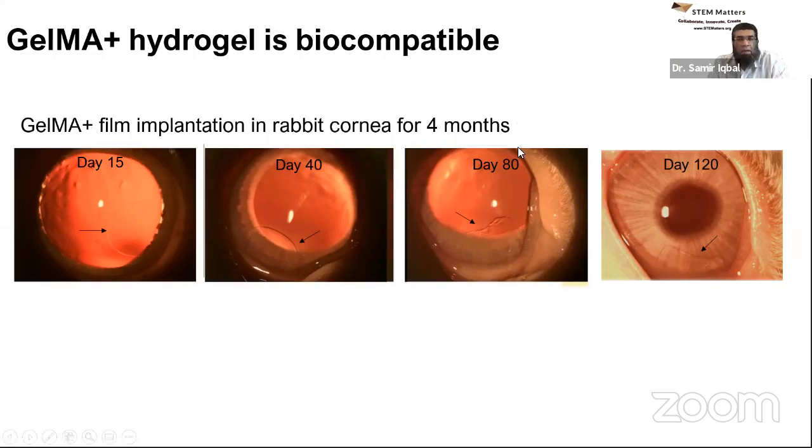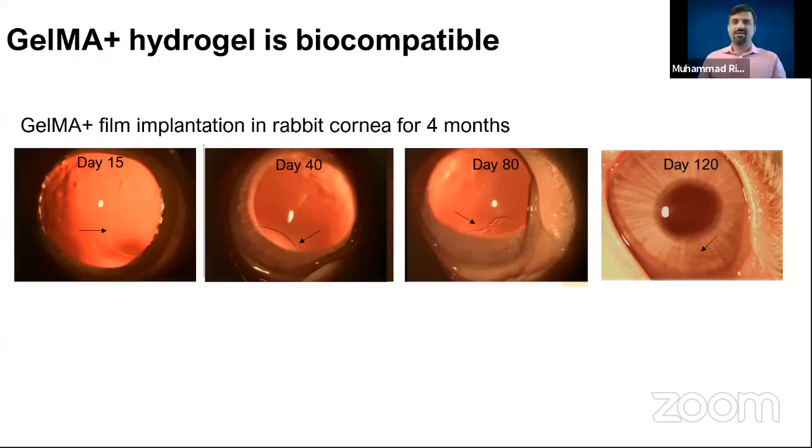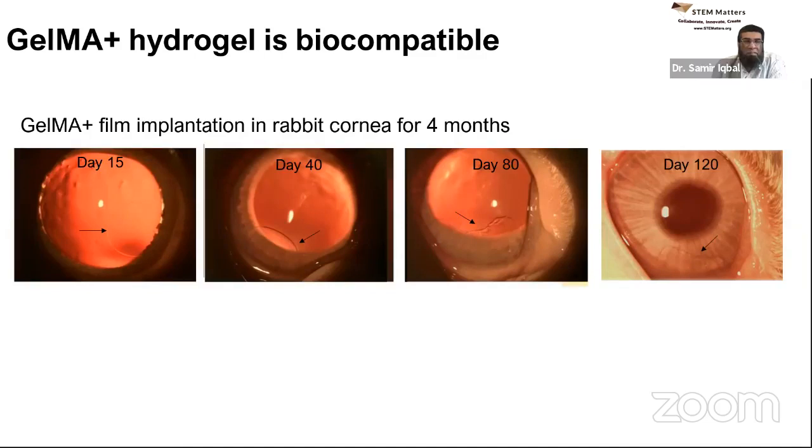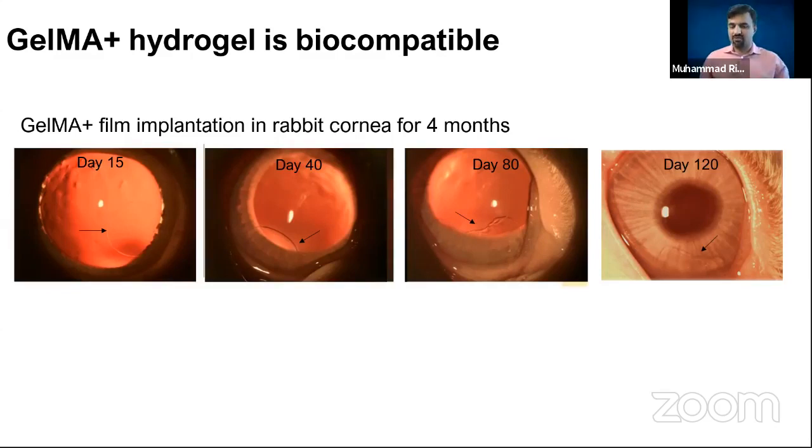So I got a question from one of the students. He just asked what happens to the donors. My understanding is that the corneas come from people who donate during their lifetime, but we take them when they die, right? Good question. So the donors are basically those who have opted to donate their corneas after they have died, not in their lifetime.